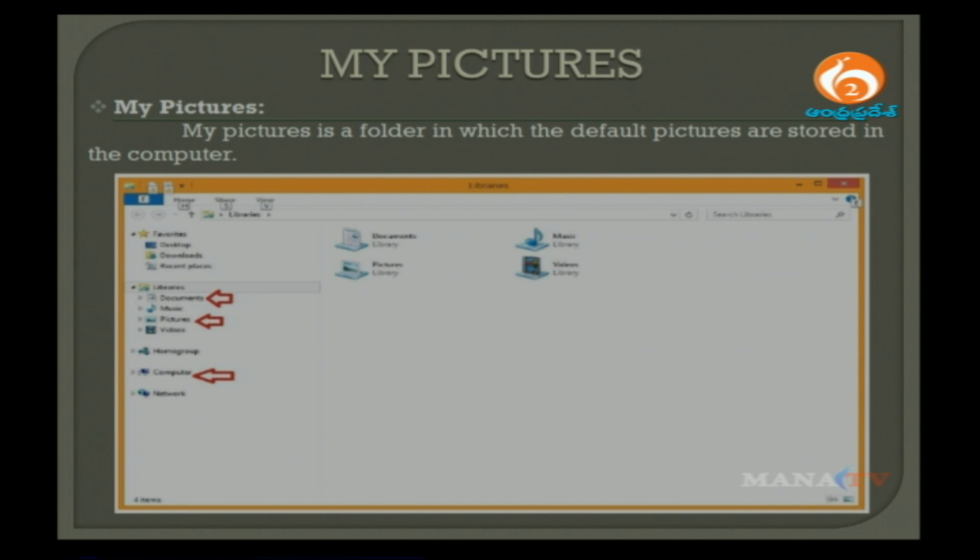So, when I speak about pictures, you would have been saving your pictures, your personal pictures, your friends' pictures, your old memories, throwback memories, fast forward memories, etc. All these you are going to save in different folders, and put into different kinds of storage devices, but all in your computer can be found in My Pictures. If you go to My Pictures and search for pictures, you can get a display of all the pictures that you have been viewing over the last couple of days and all the storage that you can store. So, this is what you just have to remember when I speak about My Pictures. So, let us see the next slide,